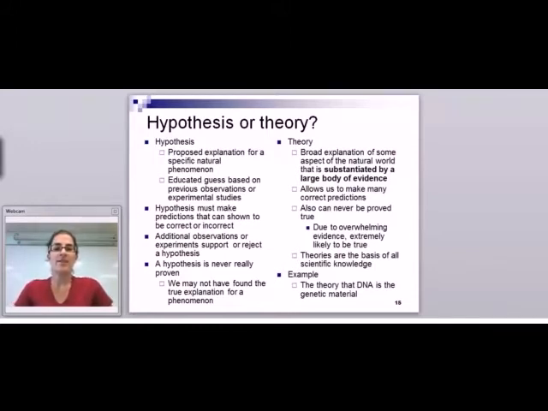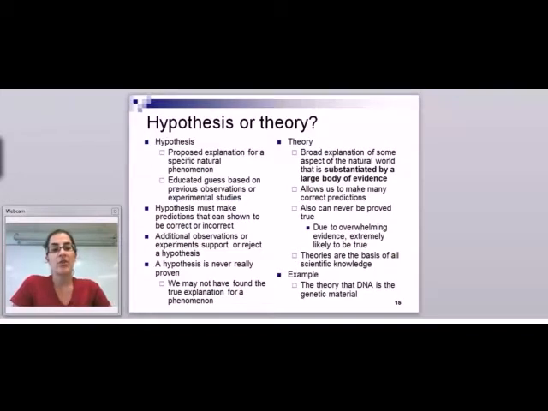So a hypothesis is a proposal that explains something in the natural world. And a hypothesis is very, very specific. So when we're making hypotheses in the classroom, I'm going to always ask you to be very specific, to choose one thing. So if you want to explain something in the natural world, it might have several components to it. But in a hypothesis, you've got to pick one thing because you're going to be testing that hypothesis. And so the limitation of experiments is that you can only test one thing at a time. So again, it must be a very specific